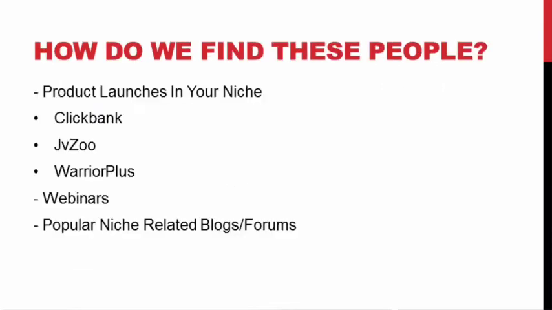So how do we even find people that have a huge email list in our niche? Well, there's multiple ways. Product launches, there's always, every niche has people launching information products and things like that. So you can head over to clickbank.com or JVZoo or Warrior Plus or any kind of affiliate network and search for all the different products they offer. Especially ClickBank, they have products in every single niche, so you can head over there and find all these people in your niche that have successful products. Contact these people and see what it would take for them to send out your email.